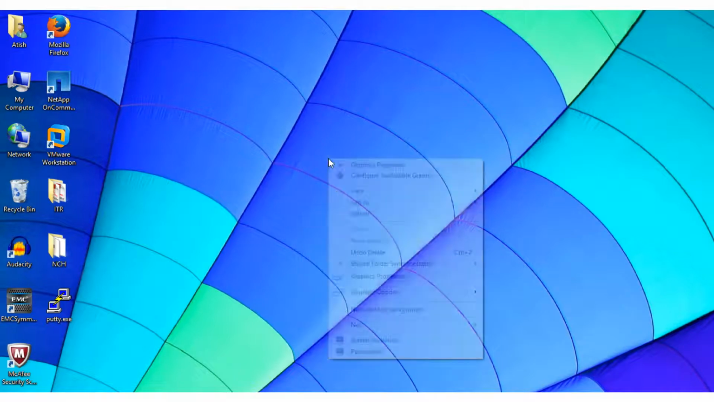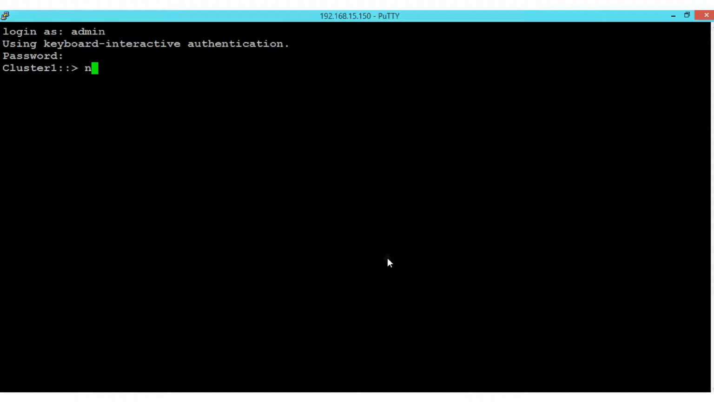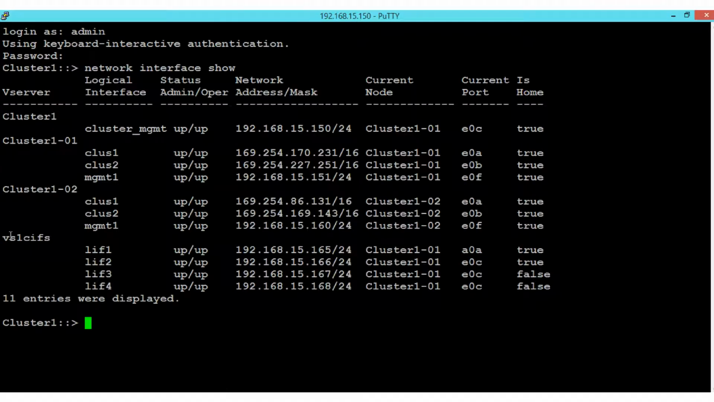First of all, log into the SSH session. To list out all the LIFs inside a cluster, execute the shown command, network interface show. In this case, under VS1CIFS, that is a data vserver, we will be creating a LIF with the name lif5. To create a LIF, execute the shown command, network interface create, then -lif, then give a LIF name. In this case we will give lif5, then -vserver, vserver name,